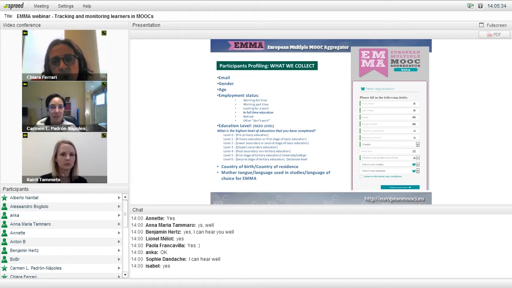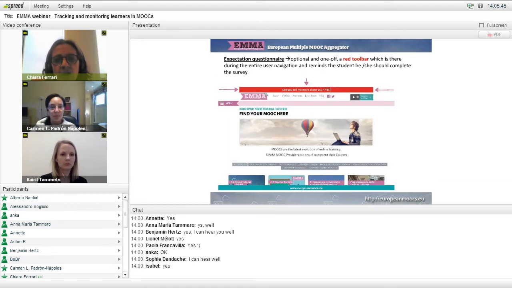And this is quite quick, rapid in completion and also very simple. But then for the rest of the navigation, we have this red toolbar which appears constantly as a reminder for the students to complete the expectation questionnaire. Why have we decided to do it in this way? Because we know that not all the people entering EMA would be happy to complete a questionnaire,